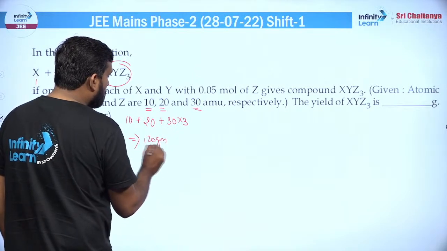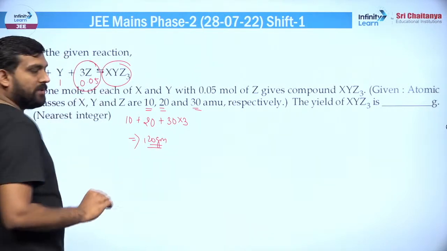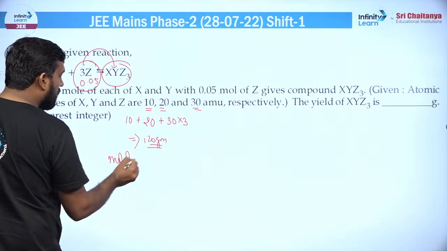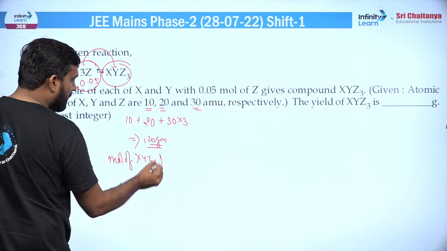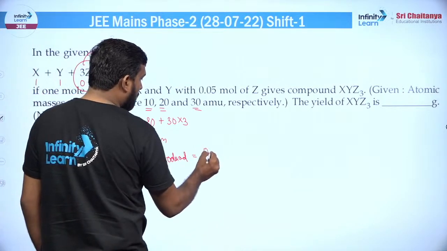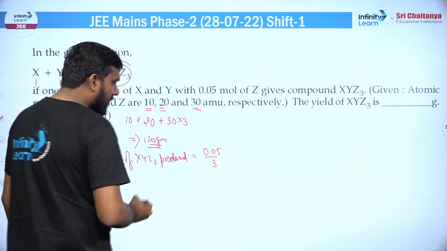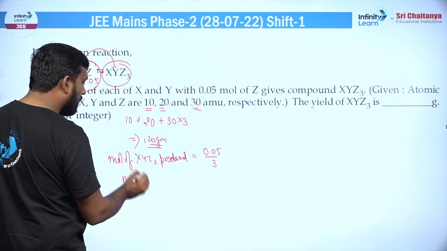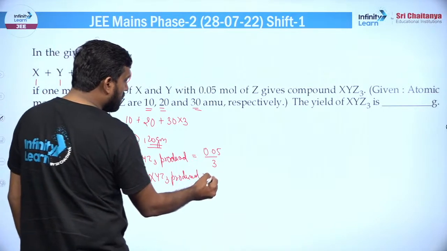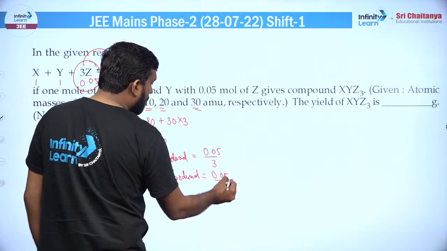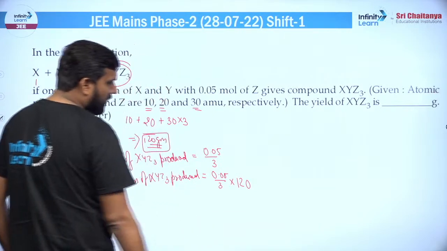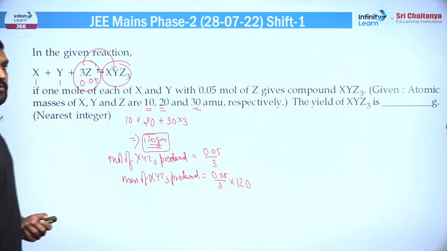तो इसके जो मोल्स बनेंगे, देखो अब लिमिटिंग रिएजेंट तो यही है, पता चल जा रहा है साफ साफ, सबसे कम अमाउंट में, तो इसके रेफरेंस में इसको देखते हैं, तो ये कितने बेटा हो जाएंगे, मोल्स ऑफ XYZ3 जनरेटेड या प्रोड्यूस्ड, आप कह सकते हो कि जो इसके मोल्स आप यहां पर क्या कर रहे हो बेटा, प्रोड्यूस कर रहे हो, वो आपको हो जाएंगे 0.05/3, ठीक है, इतने मोल्स हो जाएंगे। तो अगर ये इतने मोल हैं तो मास ऑफ XYZ3 प्रोड्यूस कितना हो जाएगा बेटा, ये हो जाएगा 0.05/3 इंटू बेसिकली इतने ग्राम, ग्राम में ही पूछा गया आपसे, तो 120, इसको सॉल्व कर लीजिए, आंसर आ जाएगा, ये 2 जैसा कुछ लग रहा है, ठीक है, तो ये आपका आंसर आ जाएगा।